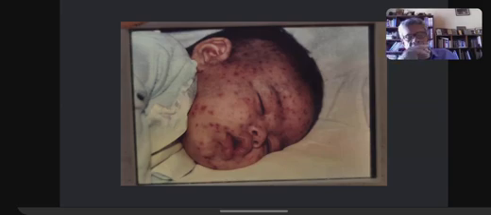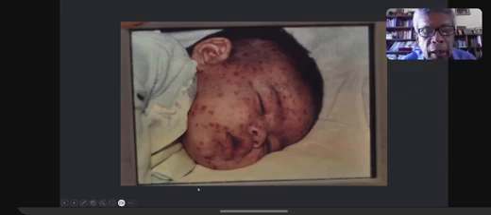Now, this is the sort of late stage where it has started crusting. But if you look carefully, you can still see some vesicles. Now, that's a vesicle. That's a water film. Because in chickenpox, you can get vesicles, then you can get pustules, then you can get crusted lesions. As the child becomes older, you get more crusted lesions. And this one is actually a severe form of chickenpox because it is a hemorrhagic chickenpox. There is actually a little bit of